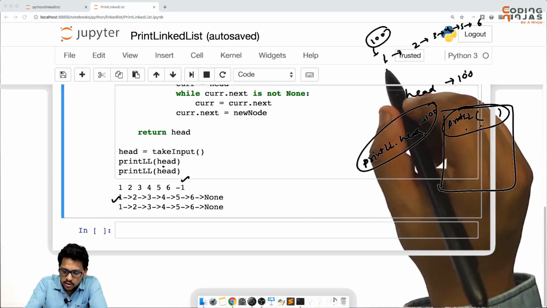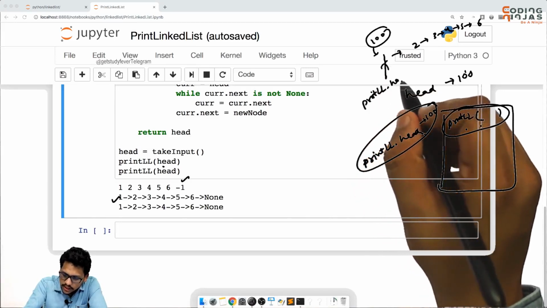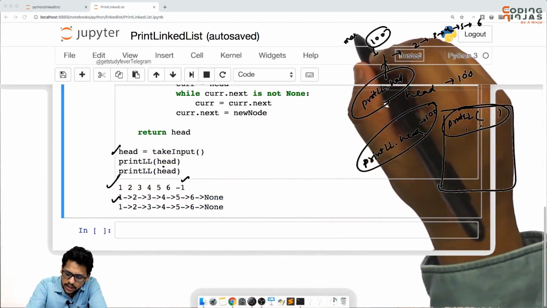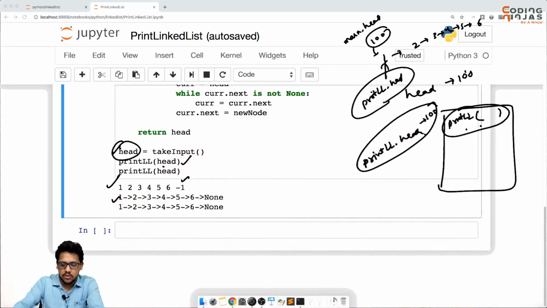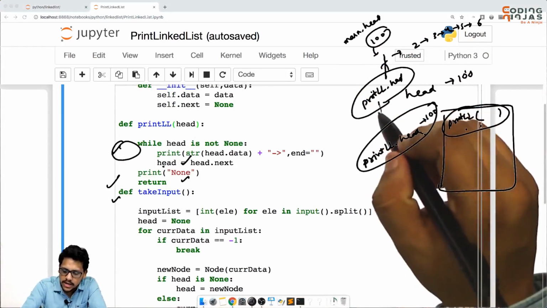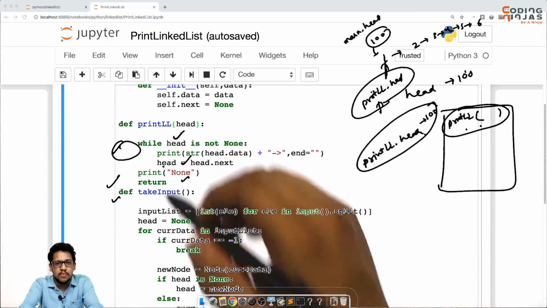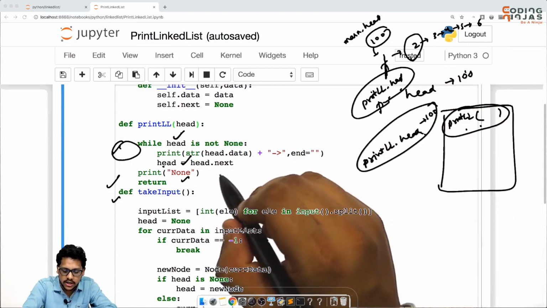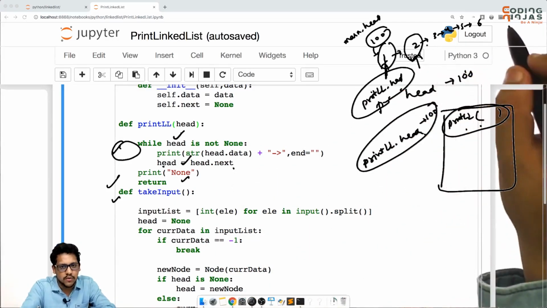So this is 1 2 3 4 5 6. Here print_linked_list.head is pointing here. Here let me call it outside this, so I am calling main.head. So this is main.head, you have called this. When you called this and you move to this function, here this head becomes what? print_linked_list.head. Now you do here, while head is not None, here it is pointing to print_linked_list.head. So print_linked_list.head is not None, you will move print_linked_list.head equal to print_linked_list.head.next. So you will move here and you will keep on printing 1 2 3 4 5 6.